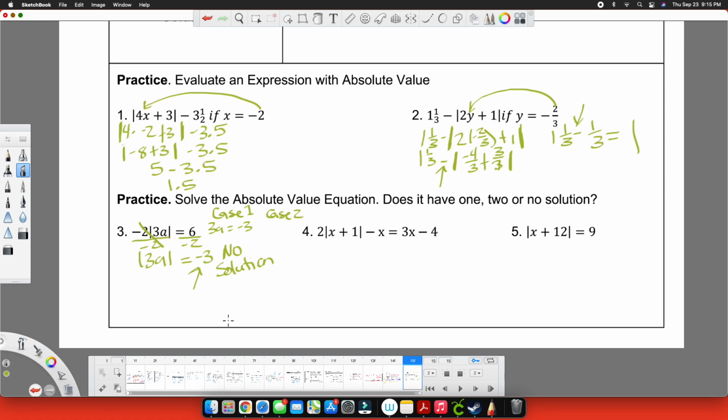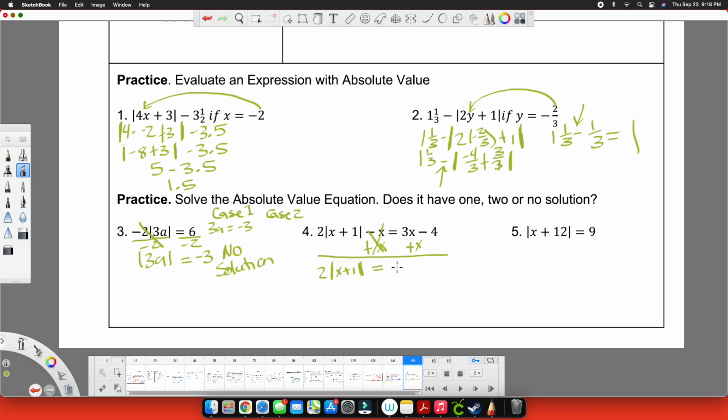All right? So number 4 here, let's take a look at this one. Again, we want to isolate the absolute value here, this guy. All right? So I'm going to first do the same thing I would normally do to get a variable by itself. Treat the absolute value just like a variable. So what's being added or subtracted? An x. So I'm going to add x to both sides. I get 2, absolute value of x plus 1 equals, this cancels out, so I don't have to bring it down,